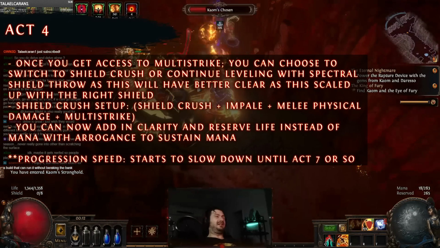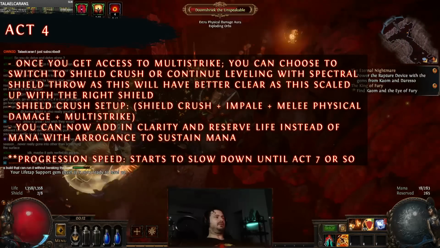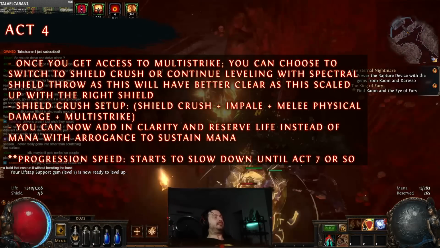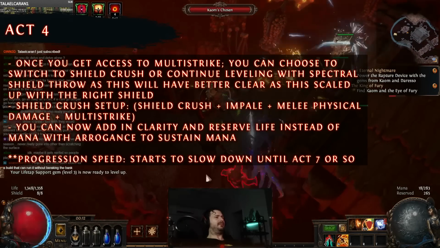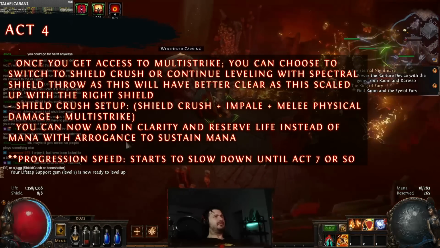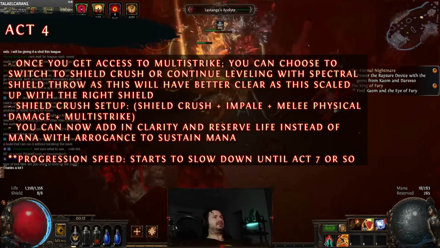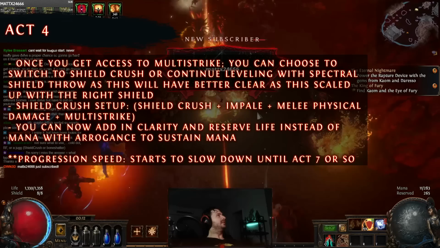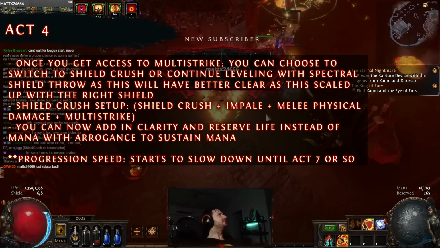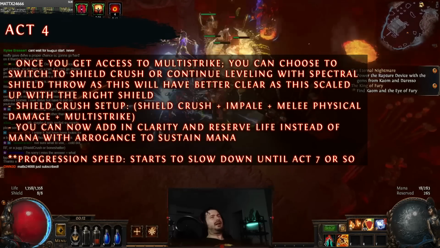Now, I progressed at this stage with Shield Crush, and on a 4-link setup, Impale, melee physical damage, and multi-strike. So initially I tried Fortify, and I decided melee physical damage was a much better and much higher level of DPS that you could get out of the build earlier on. And so that's going to supplement the increased defense that you would get from Fortify earlier on. So it's just trading out a bit of defense earlier for a bit more offense,